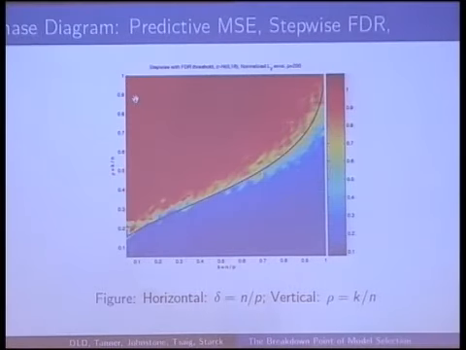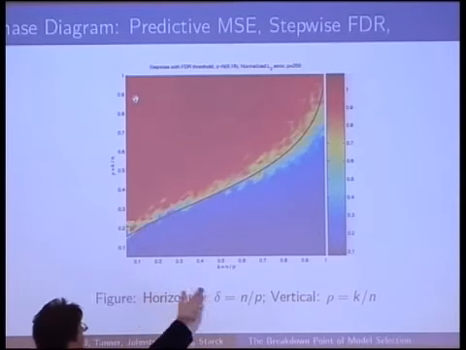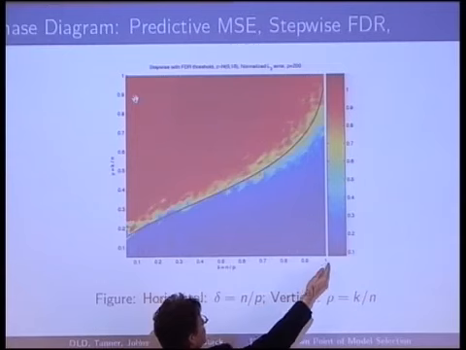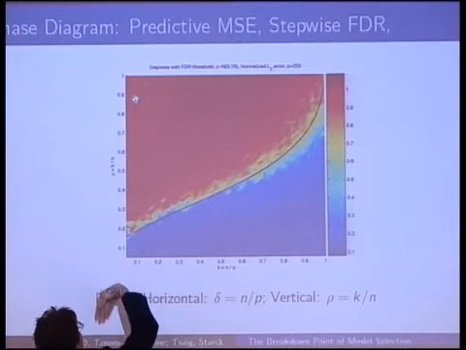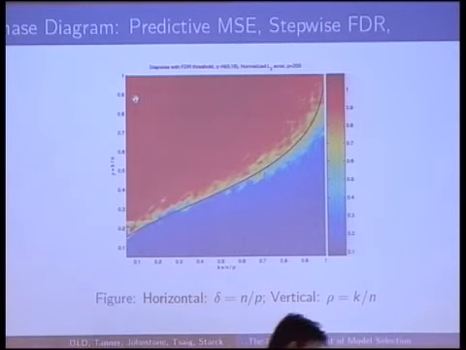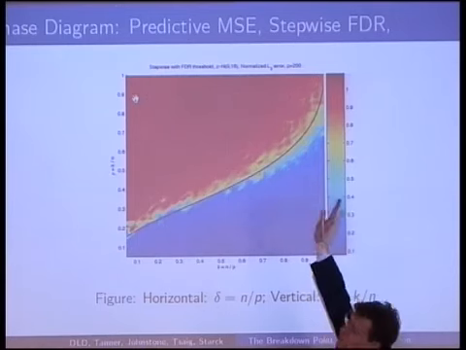So what she found is the following. What we're plotting here, the shaded attribute, is the predictive mean squared error for this stepwise false discovery rate procedure. And as you can see, there's a deep blue region and a red region. The axis down here is the indeterminacy. So this is just barely determined, and this is increasingly underdetermined as we move over here. What we see on that axis going up is sparsity. So down here we're very sparse, and up at the top we're fully dense.